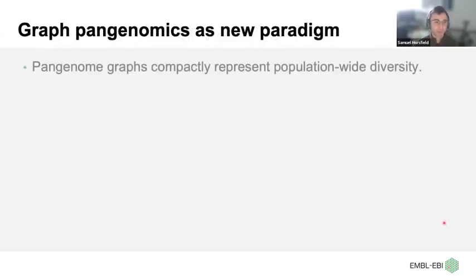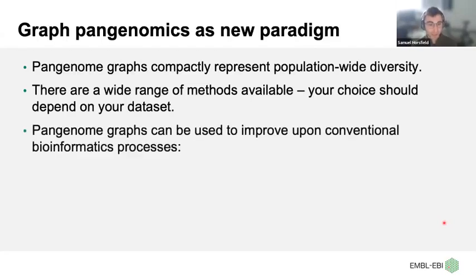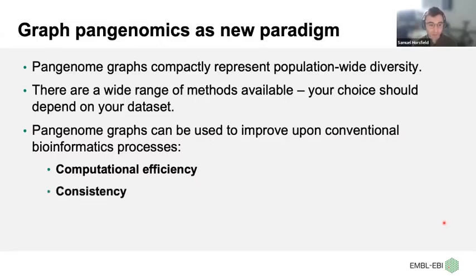So just to sum up then, pangenome graphs are a compact representation of population-wide diversity, and there are a number of different methods available, and your choice should depend on your dataset, how big the dataset is, but also how diverse your dataset is. And as I've shown in the case study with ggCaller, pangenome graphs can be used to improve upon conventional bioinformatics processes by improving computational efficiency because of reduced redundancy and the compactness of pangenome graphs,